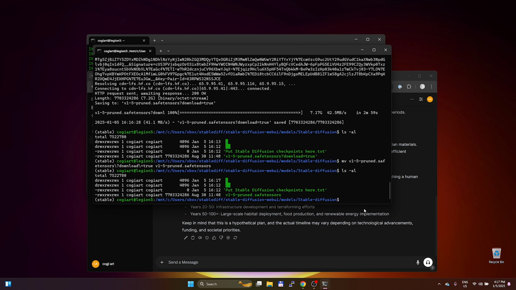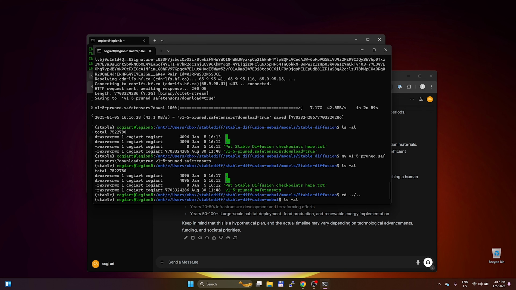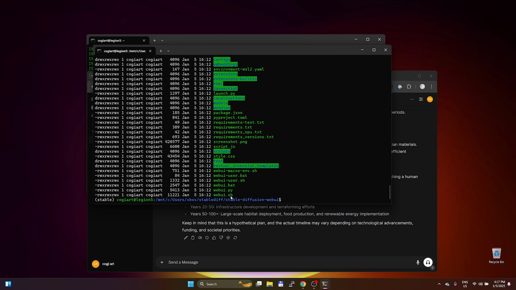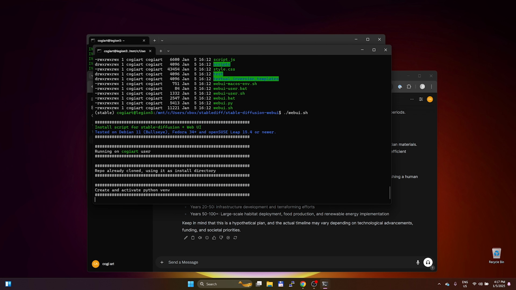Now we can go back to the main directory, so cd .., and now we are back in the web UI. Let's list it again, and we see webui.sh, so ./ for execution, webui.sh, and hit enter, and now we wait.